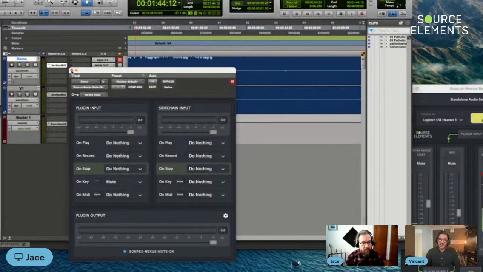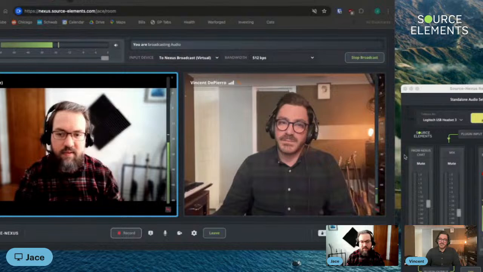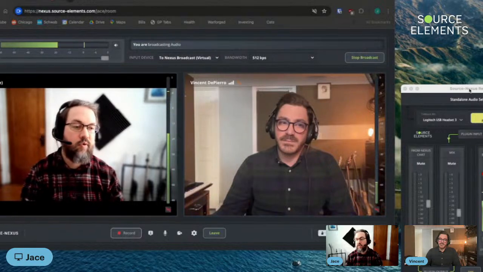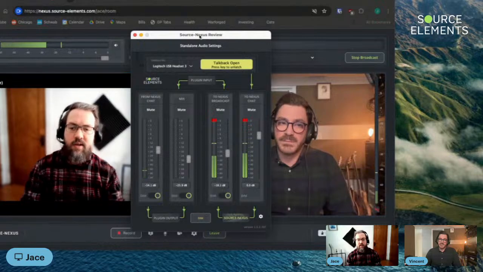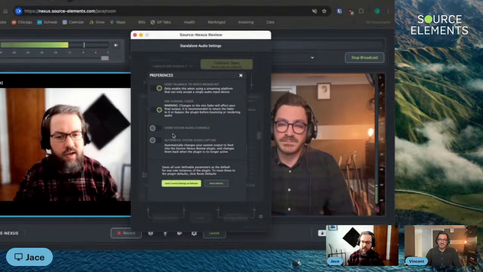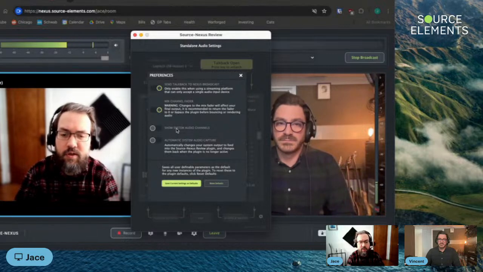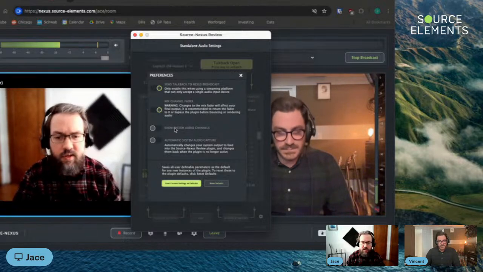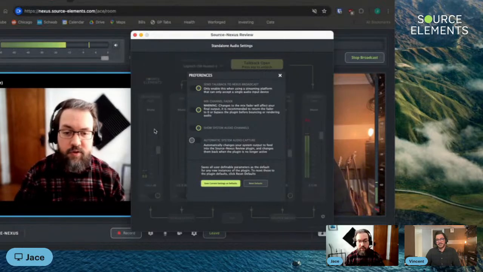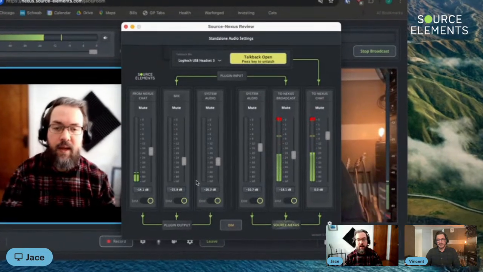Yeah, and the one other thing I wanted to show is the system audio capture feature in Source-Nexus Review. So let me just get this Pro Tools session out of the way and bring Source-Nexus Review back here. If I go to the plugin settings in the bottom right corner, there's a couple new options now, and these are going to be useful for sharing your system audio. The first is showing the system audio channels. If you turn that on, now we have these new channels that have come into the interface,